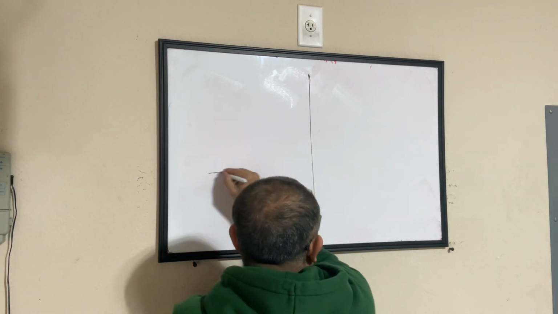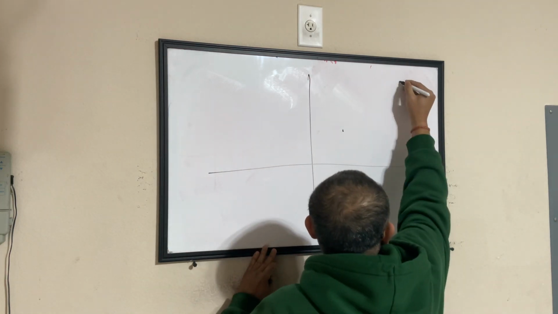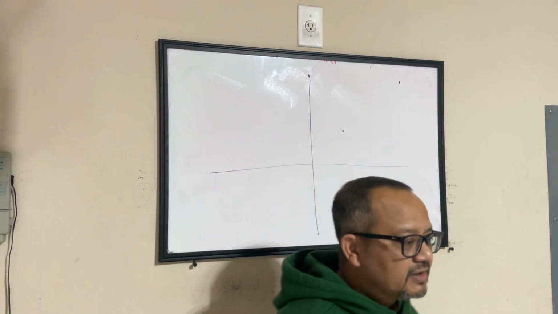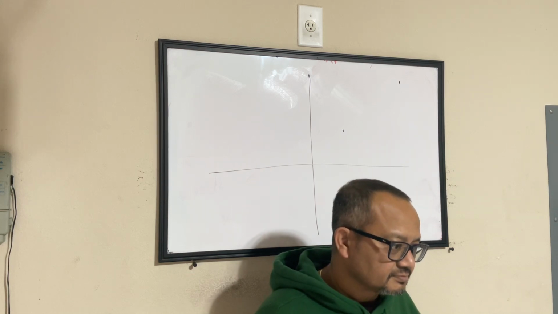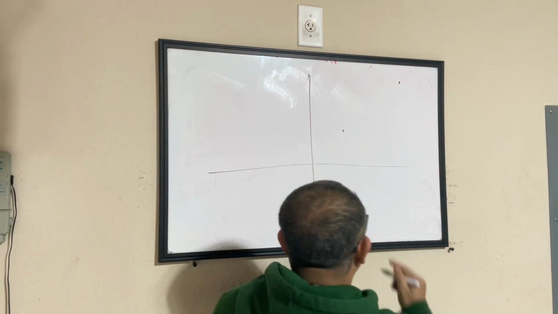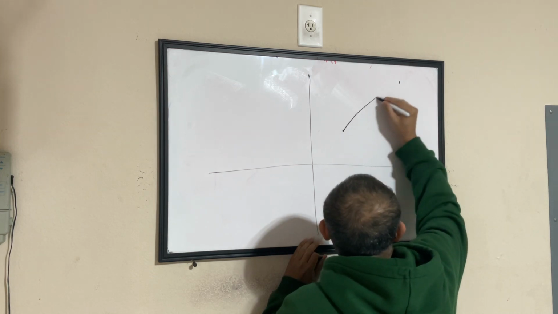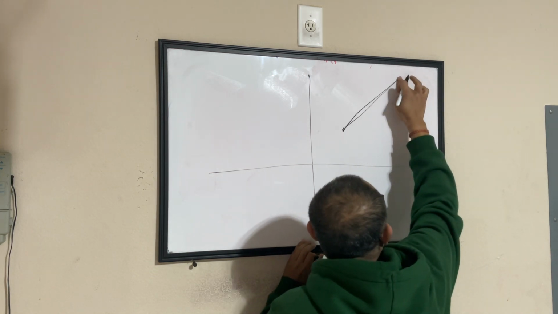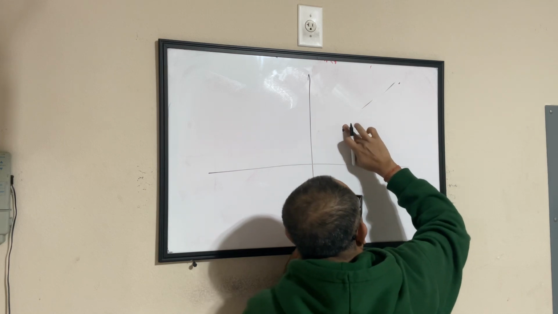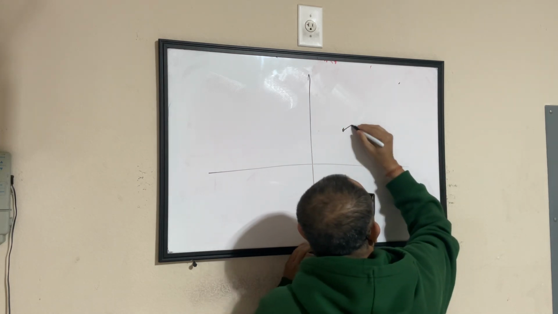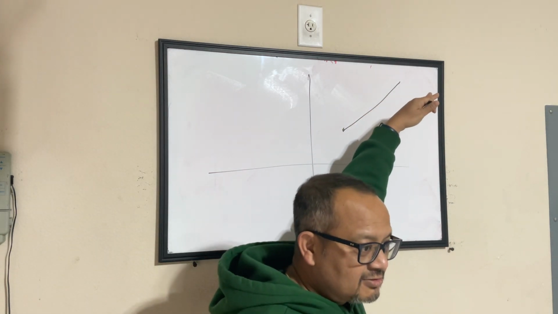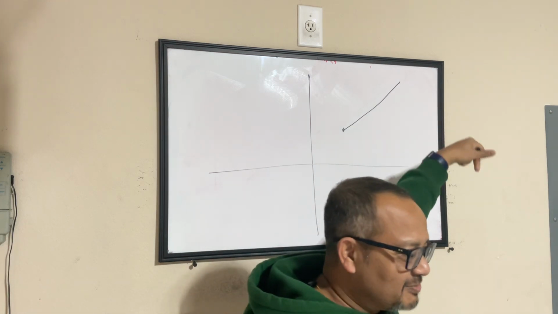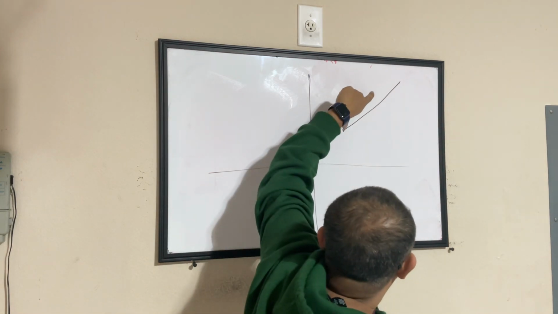So we learned that this is my coordinate plane. If I have to find out the distance between the 2 points, then we use the distance formula. And in very simple form, if you visualize this, if you have to find out the length or the distance between the 2 points, look at my drawing skills. It's pathetic. If you have to find out the distance between these 2 points, assume this is a straight line. It doesn't look like a straight line by any standard, but assume that. If you have to find the distance between these 2 points,